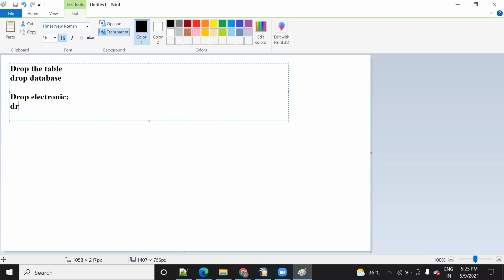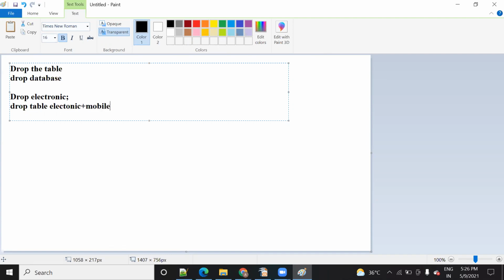Similarly, you want to drop the table. Drop means what? Deleting from a database. Okay, what do you mean by drop here? Deleting from the database. Hope it is clear. Dropping means deleting from the database. Like suppose the student has cleared his graduation, so the university has decided to drop his details from the current semester data, because the student has passed out. Similarly, if you want to drop the table, how will you write it? Drop table, suppose electronics, mobile.